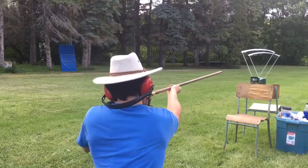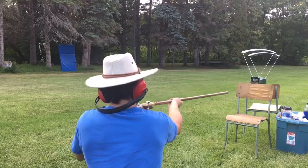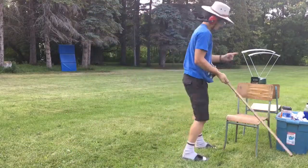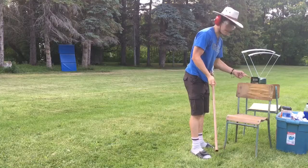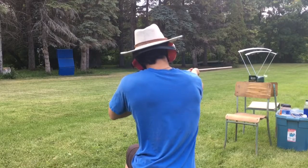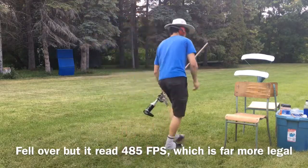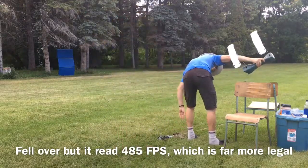Next up is my air cannon, shooting a 68 caliber marble. It managed to break the law completely, going 150 feet per second over the actual velocity limit, so I had to shorten the barrel to bring down that velocity back below 500 feet per second, making it legal to shoot and use in Canada, and saved me a lot of time in jail, which I really do not want at all,